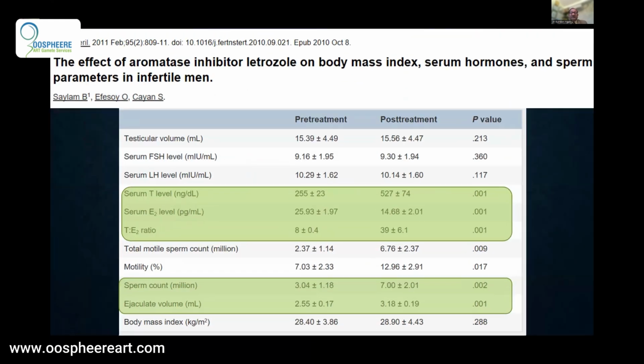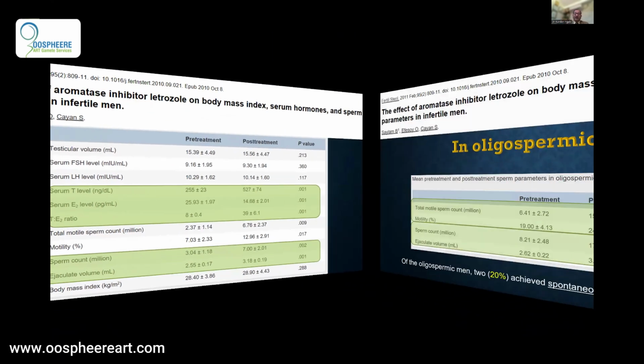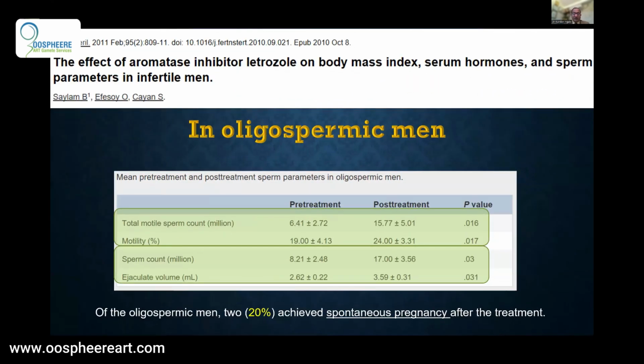This study clearly says that comparing the serum testosterone levels, testosterone to estrogen ratio, sperm count, all increase after therapy with letrozole if you select the patients correctly. Even in oligospermic patients, coming from this same phenotype, that is high testosterone to estrogen ratio, they have shown that the sperm count still further increases. It increases to such extent where you can offer IUI treatment to these patients. Though the pregnancy rates are not going to be the same, they might be a little lower in comparison with normospermia.